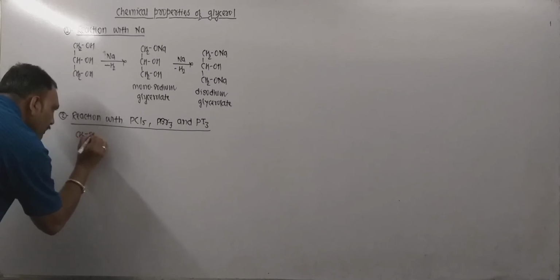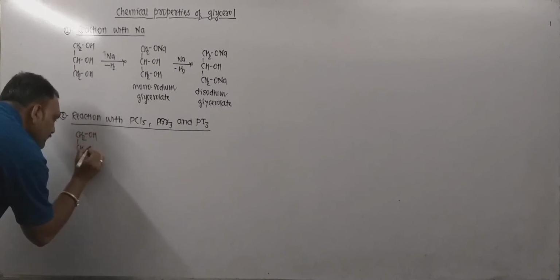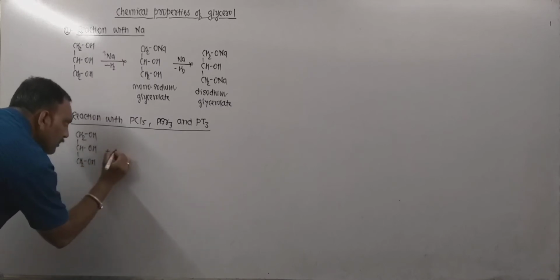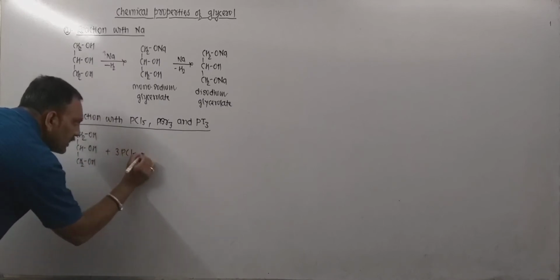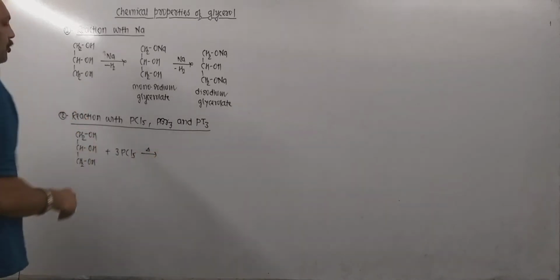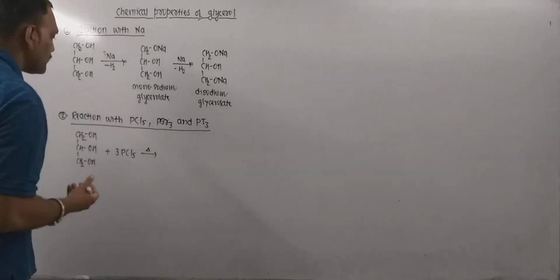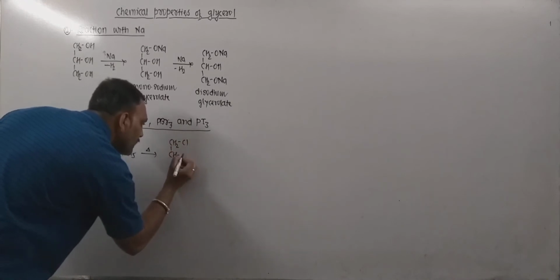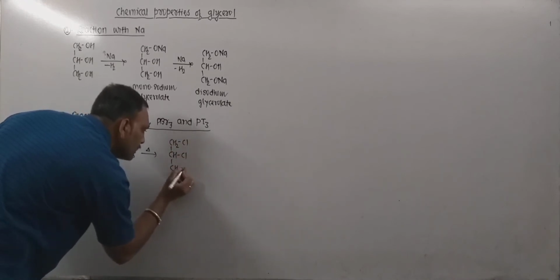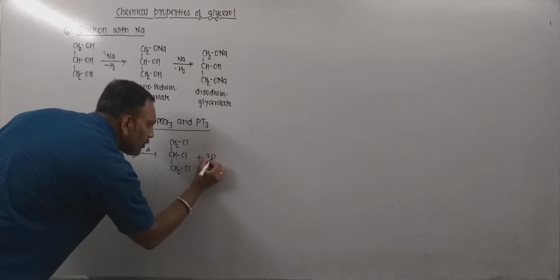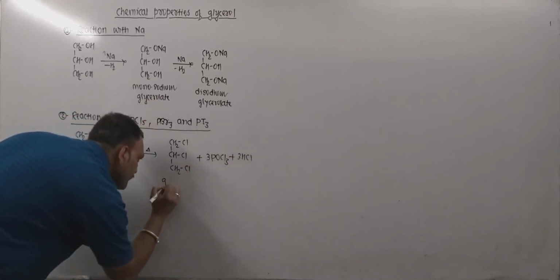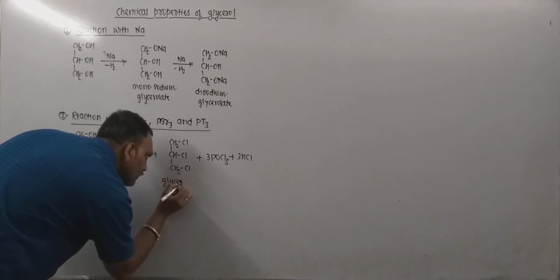So when we treat glycerol with PCl5, then ultimately OH groups of glycerol will get replaced by chlorine, and that lead to the formation of this product along with POCl3 and HCl as a byproduct. So this is called as glyceryl